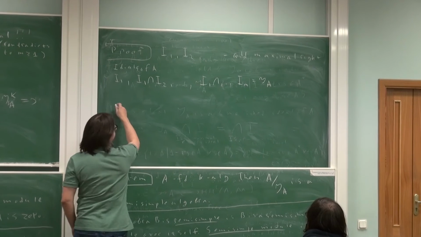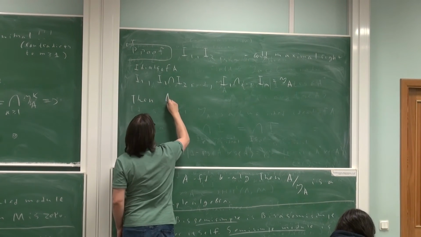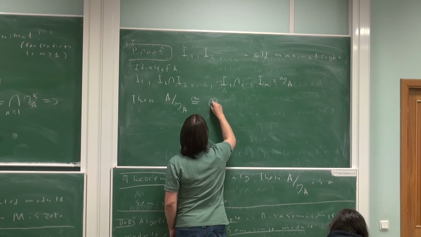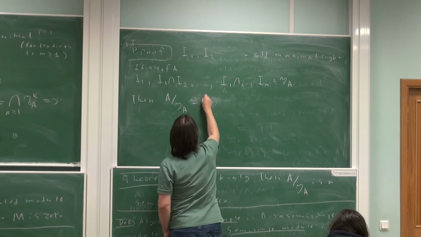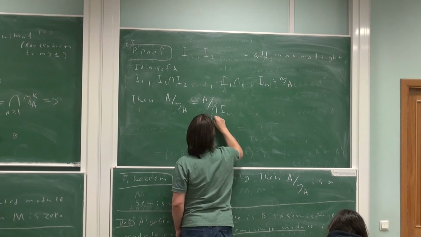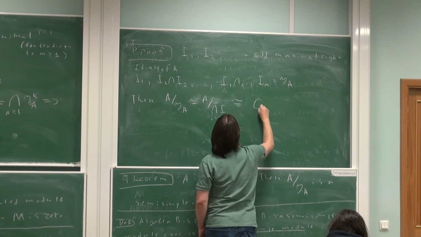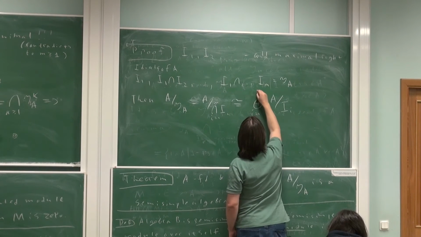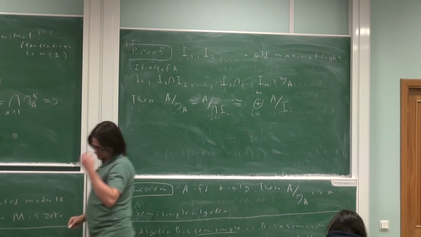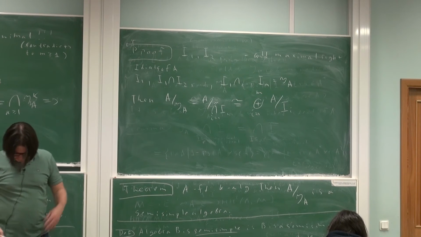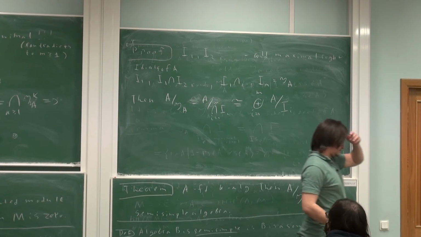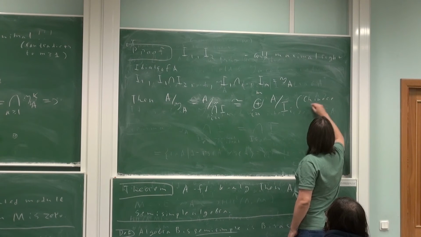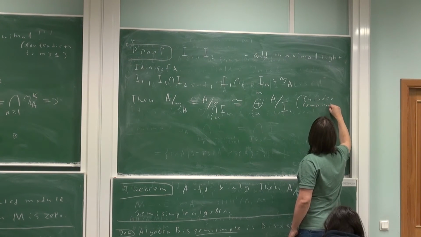And then we have A factor JA is isomorphic to the direct sum. So it is, of course, A factor the intersection of Ii for i from 1 to m. It is isomorphic to the direct sum of A factor Ii for i from 1 to m. Why is it so? It is something like the Chinese remainder theorem,